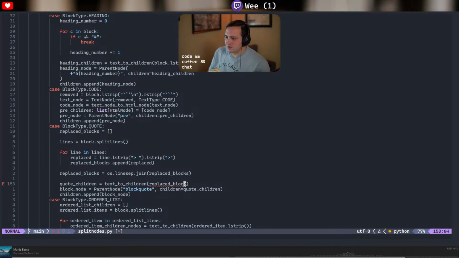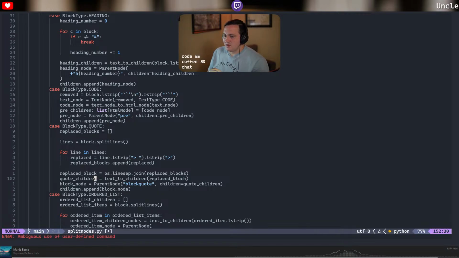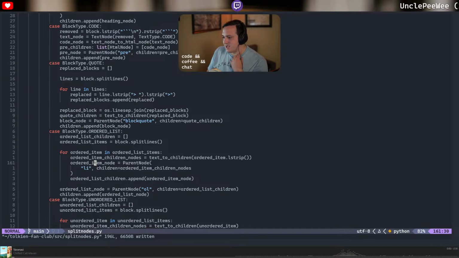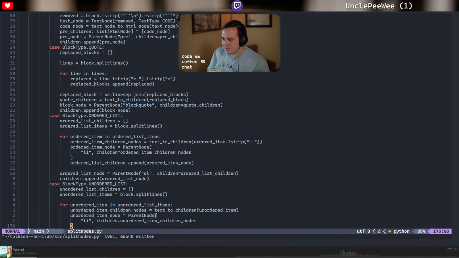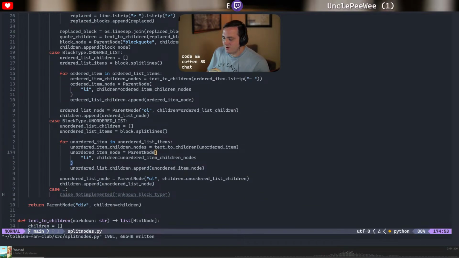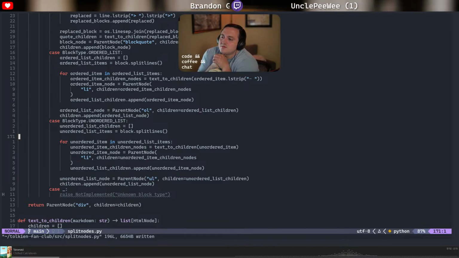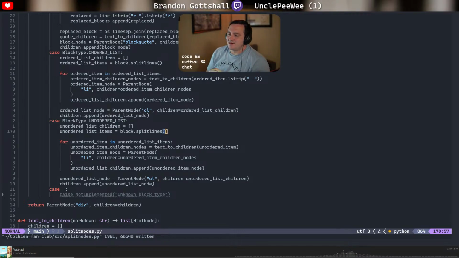Replaced. What do you mean it's unknown? Another. Okay, and then we need to do a similar thing here where we say, okay, left strip the thing, and then for the unordered, we actually need the index, so we have to say,